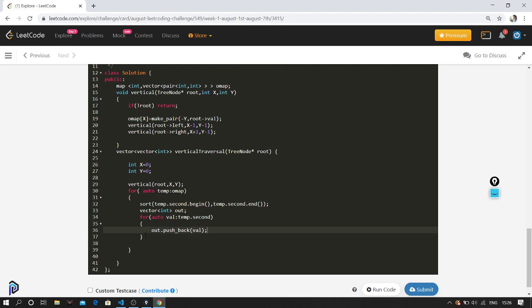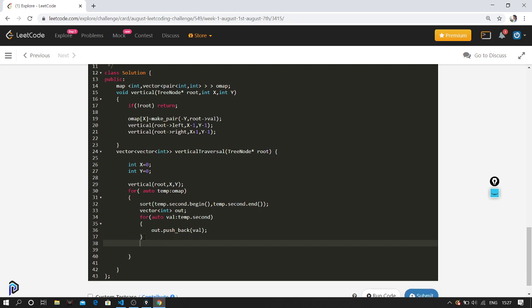Okay, after pushing the value, finally when the loop is exited, so when we are done for one particular thing, what we do is we insert it in the actual output. So I have to create an actual output. Let's name it final out.